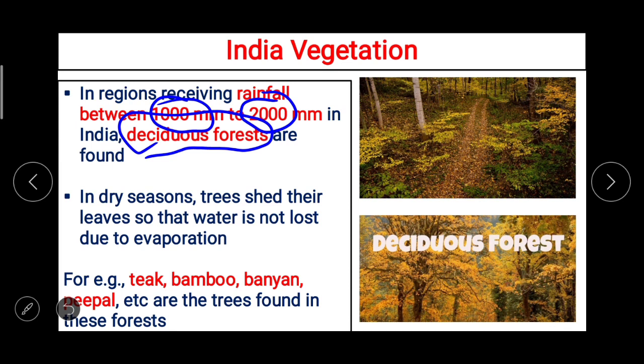In dry seasons, trees shed their leaves so that water is not lost due to evaporation. Now you people learnt about the concept of evaporation in the geography of lower standards and also in science. तो dry season में पत्ते जो है यहाँ के इवेपोरेशन की वजह से उनका वाटर लॉस्ट ना हो, वो निकल ना जाए, इसीलिए ट्रीज सेड करके रखते हैं. For example teak, bamboo, banyan, peepal etcetera are the trees found in these forests. Now next one,